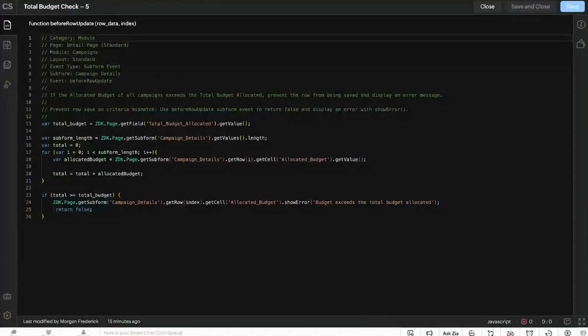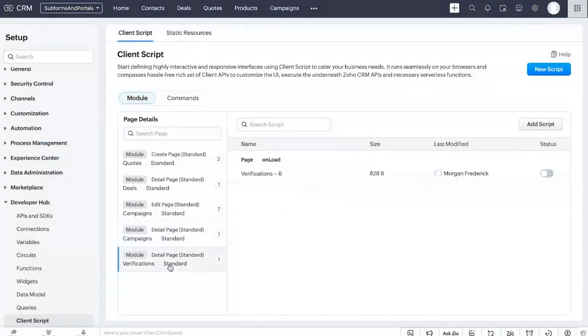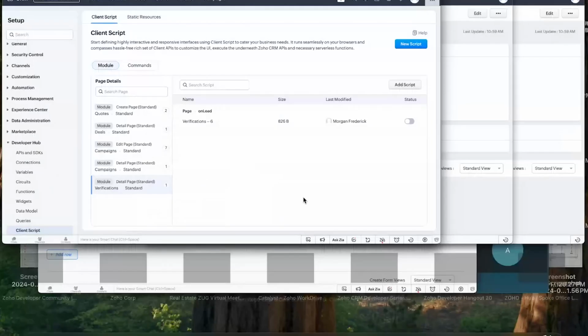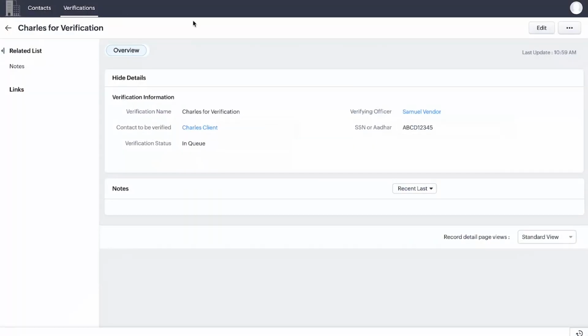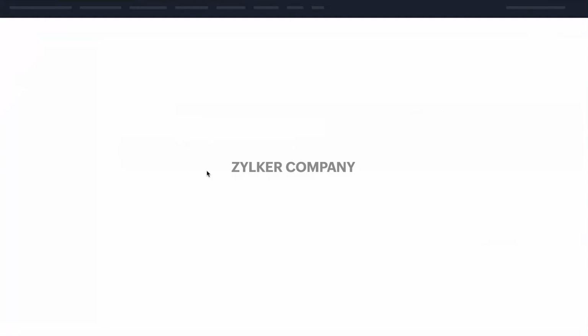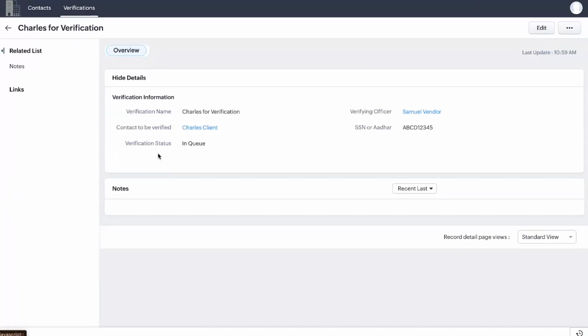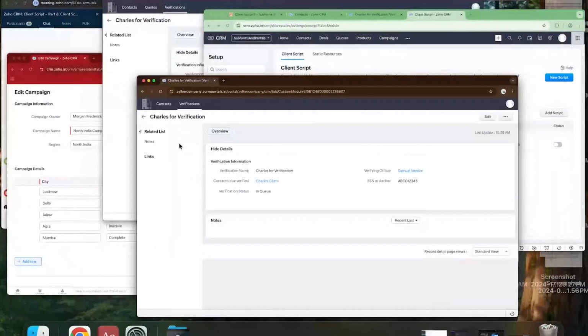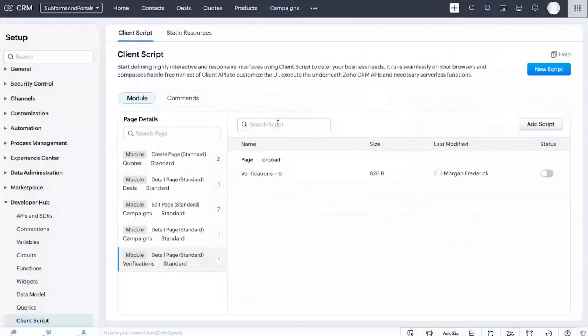Okay. Right now the client script is disabled, and of course this is the vendor portal, and since this is the client's data, the vendor will not be able to edit it. And since this is in the queue, Charles also, the vendor also will not be able to edit it. He should not be able to edit it. But since he has to be able to edit it when it goes into the next stages, right now